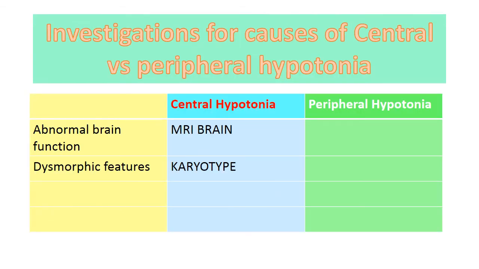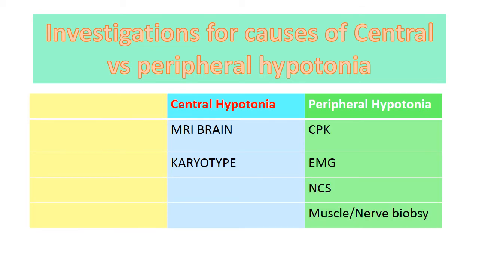Investigation for causes of floppy infant syndrome. In central hypotonia, you should ask for MRI brain, and you may also ask for karyotyping if you suspect a chromosomal disorder. In peripheral hypotonia, you should ask for creatine phosphokinase, EMG, nerve conduction study, and you may even ask for a